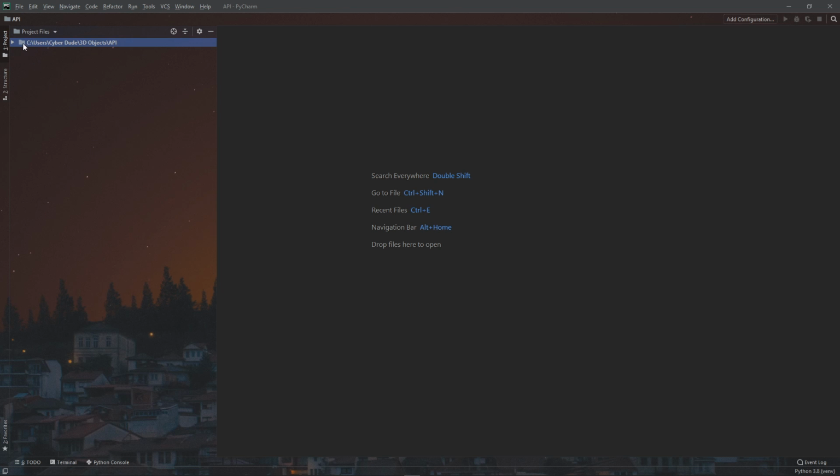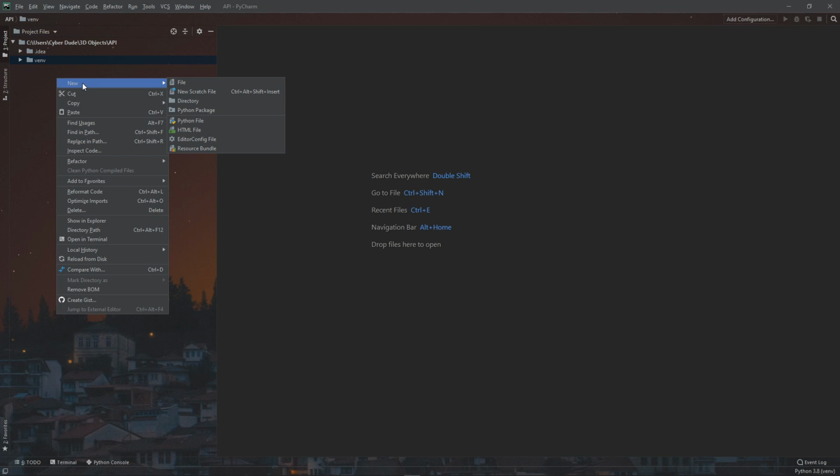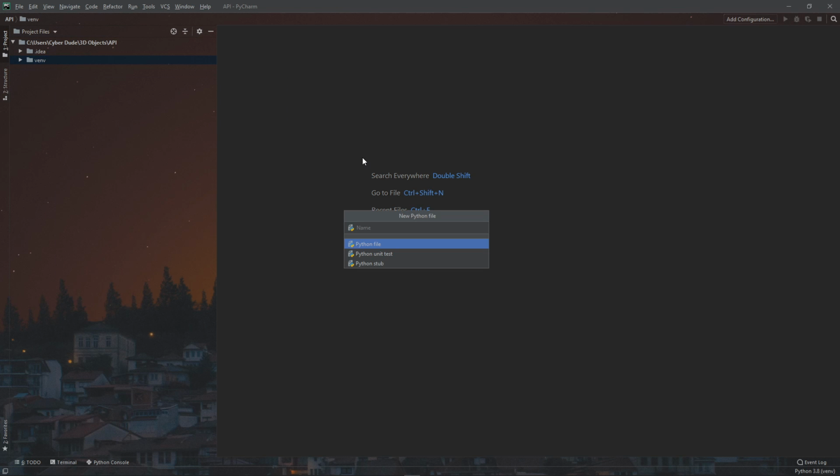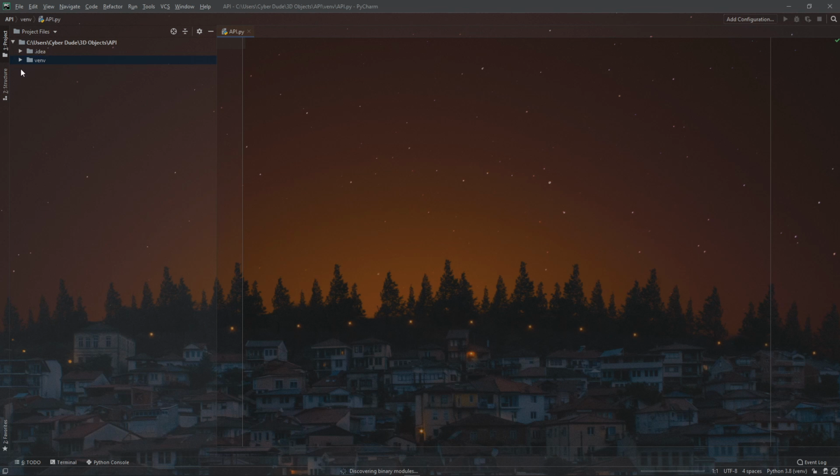If you look at the project files in the root directory of the project, you can see we only have two folders, which we will not be using right now. What we're going to do first is create a new Python file, and we're going to call it api.py. Once again, I created it in the wrong directory. Let me move it. Yes, you should be able to see it here. It should basically be in the root directory of our folder.